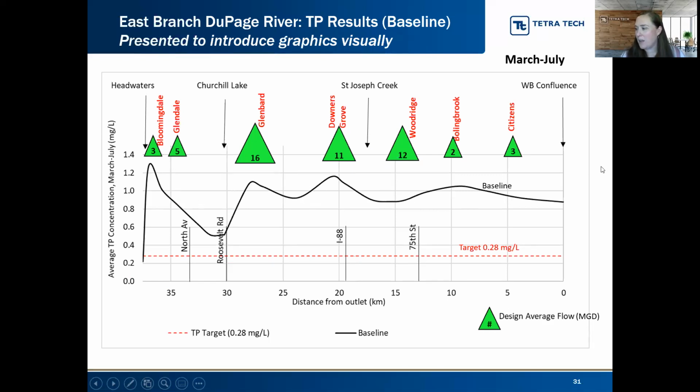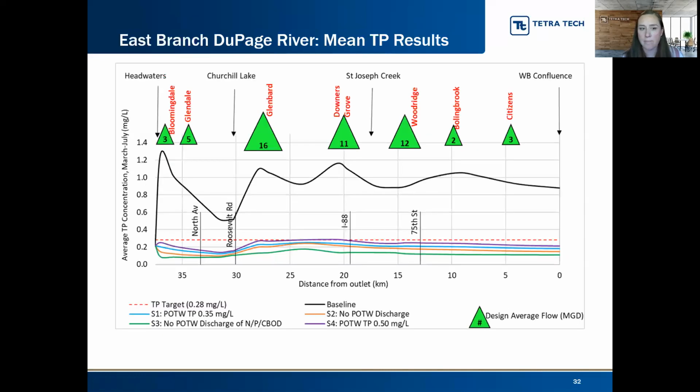Okay, so this is the context, and now we're going to start looking at results. Again, we are looking at March to July, which is the more conservative dissolved oxygen period as well. So for the East Branch, the mean total phosphorus in stream for each of the 4 scenarios that we did for the East Branch, you can see here,